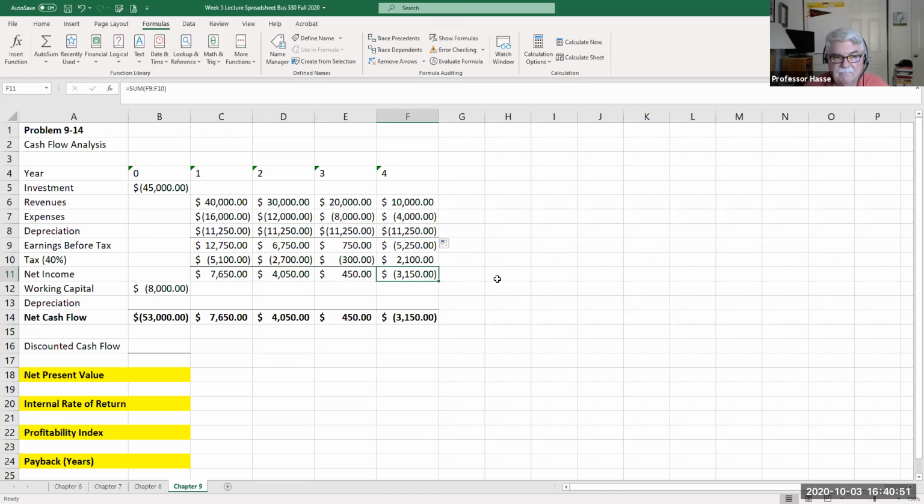All right. They also tell us that the working capital is an investment of 20% of revenues in the following year. So 20% of 40,000 is 8,000. All right. Now revenues drop down. So in year 2, 20% of 30,000 is $6,000. So now our working capital should be 6,000. So we have to add back 2,000